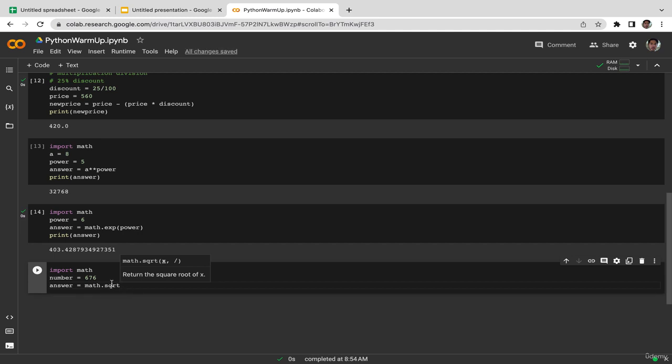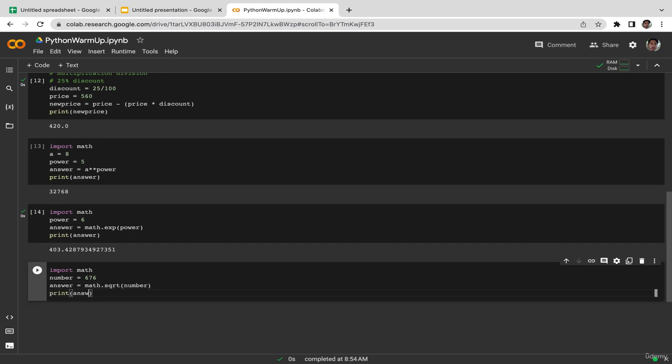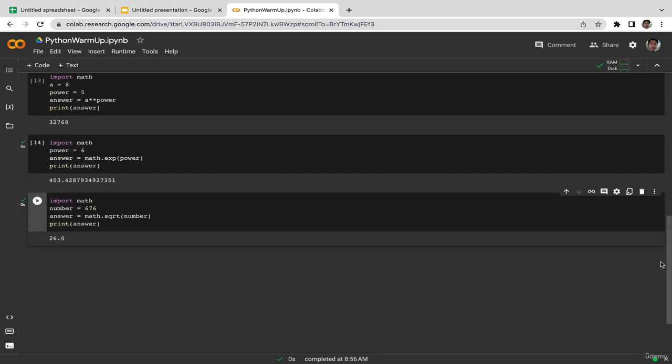sqrt is simply an attribute of the math library in Python, and it only takes one parameter here, and that parameter is going to be the number that you want to take the square root of. So just type in number here as the parameter to that function, and let's print the answer to see what the answer is. Right. All right, so here we go, 26. So yeah,